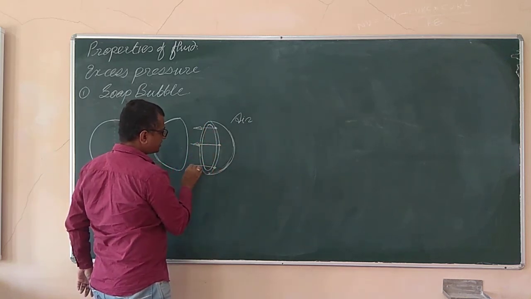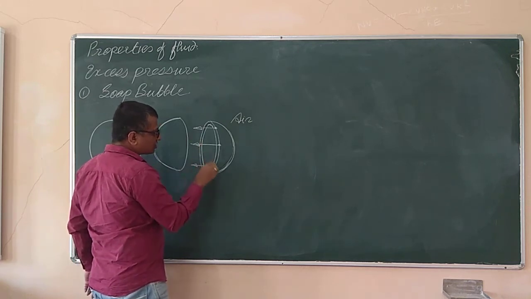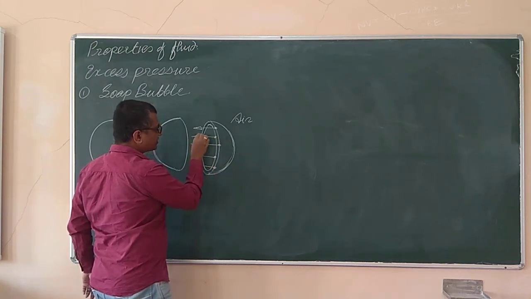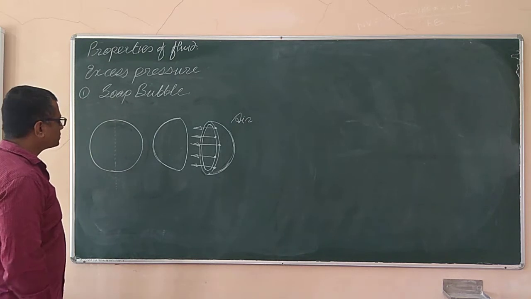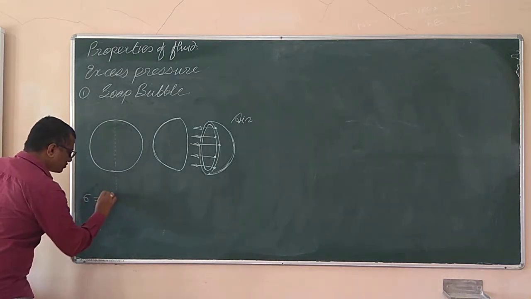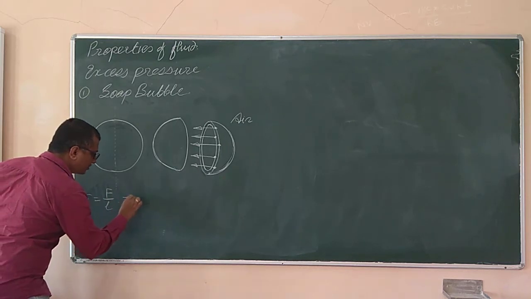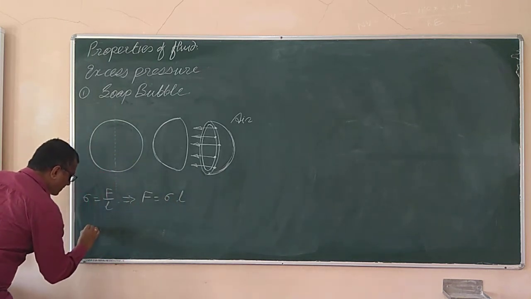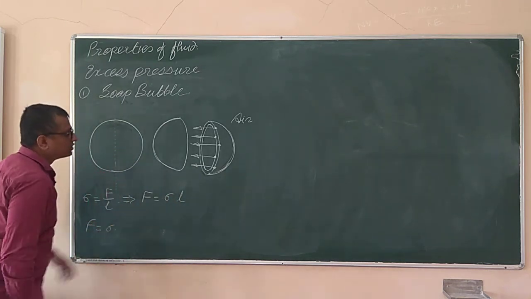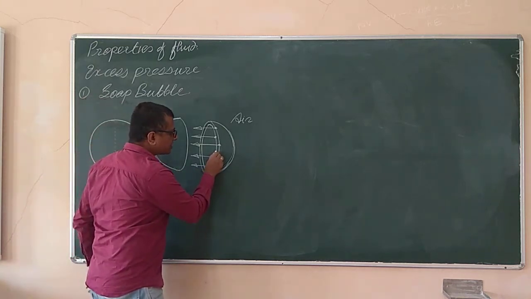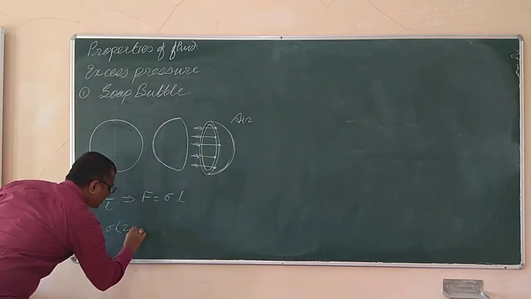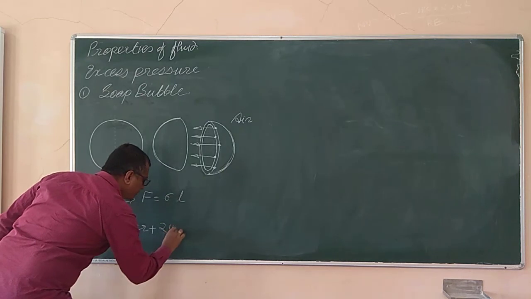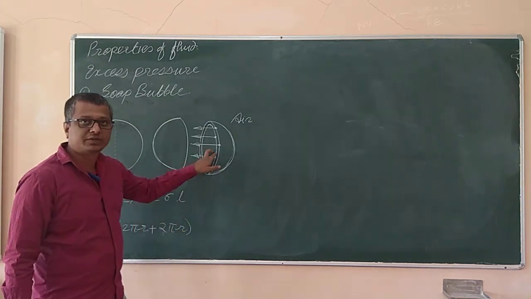If you can see, I can clearly separate out these two layers. And the force due to the surface tension acts on the inner periphery also. So now if I try to get that force, we know the surface tension sigma is equal to force per unit length. Hence the force due to the surface tension F is equal to sigma into L, and what is this L? The length here is, first of all, the inner circumference, that is 2 pi r, plus the length on the outer periphery, that is also 2 pi r, very close to each other since the thickness of that film is negligibly small.